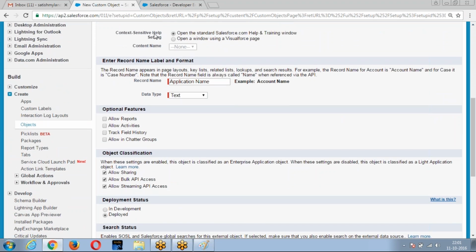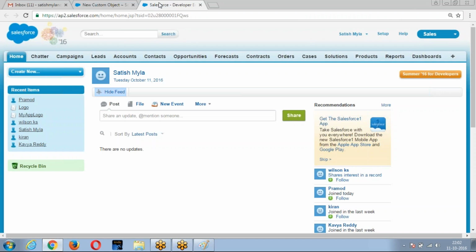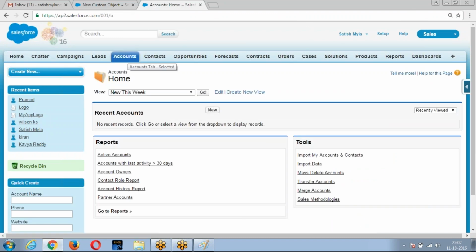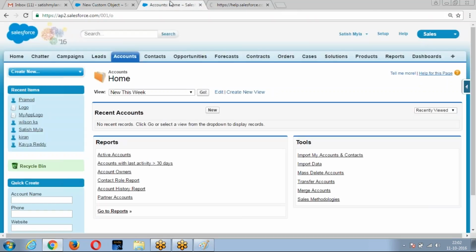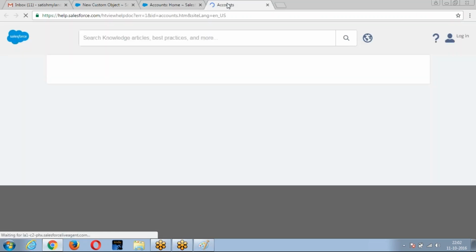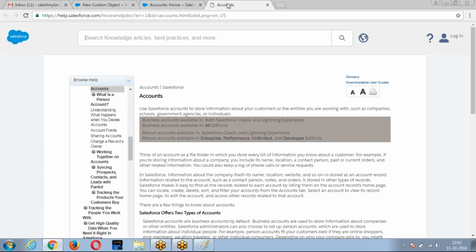Context sensitive help. Salesforce by default on every object, if you open any object, it is providing a link called help for this page. When you click on this help, Salesforce is opening one standard document. When you click on the tab, Salesforce is providing a help document. This is the document what Salesforce is providing